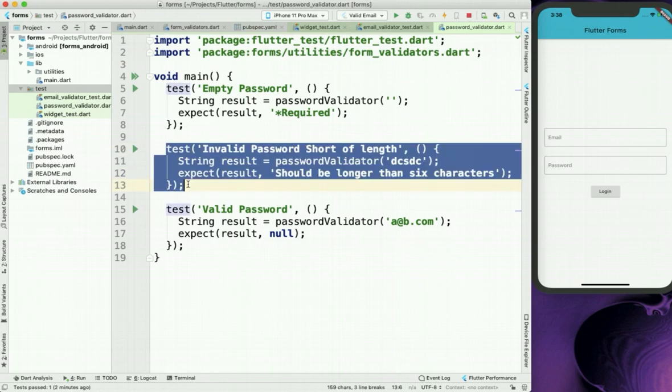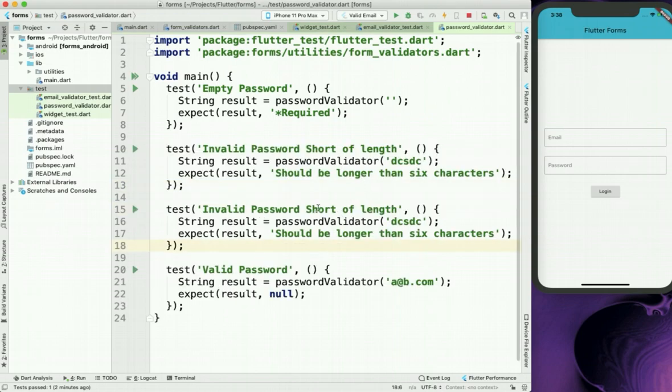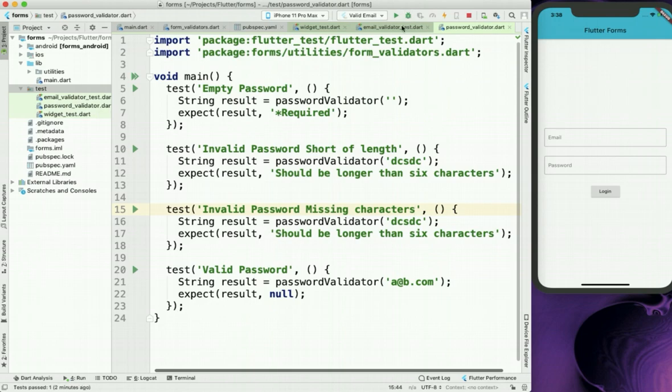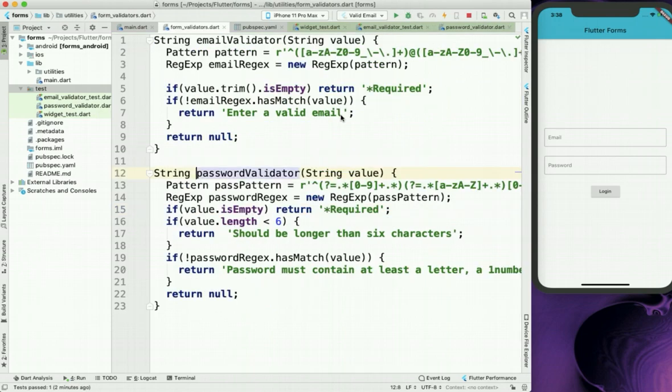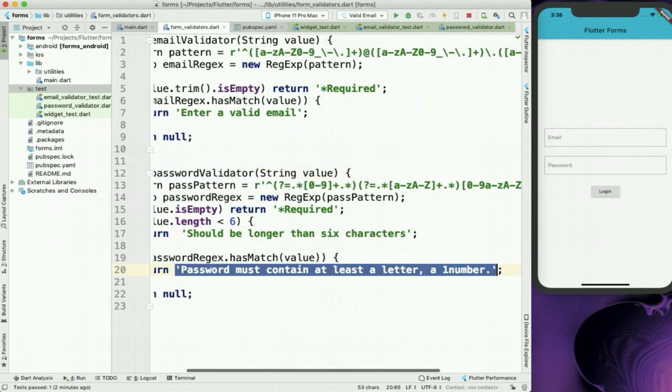Now we'll write another test case for invalid password, missing characters. And here we will return this string if the regex is not matched.